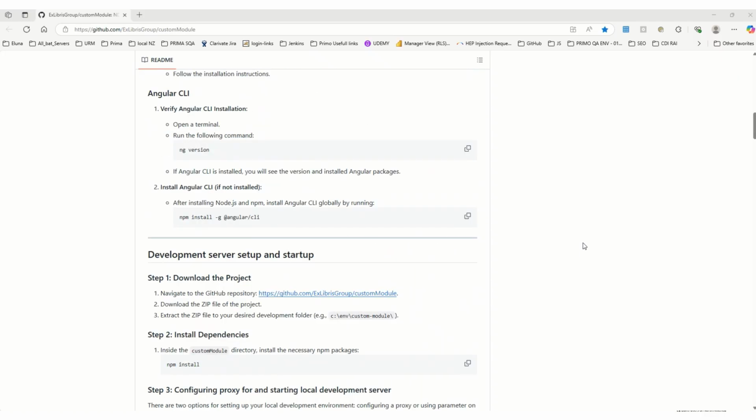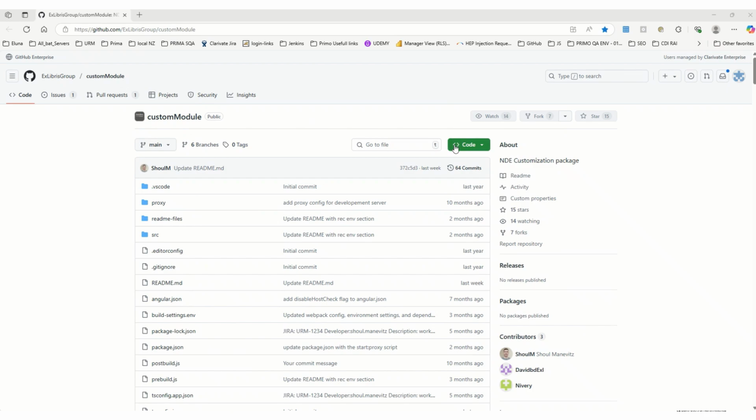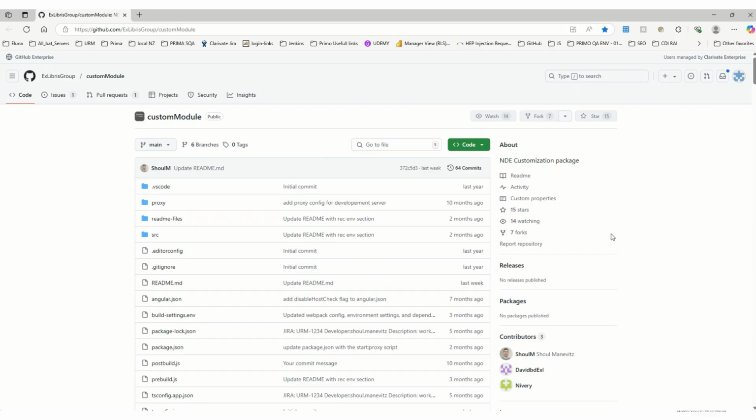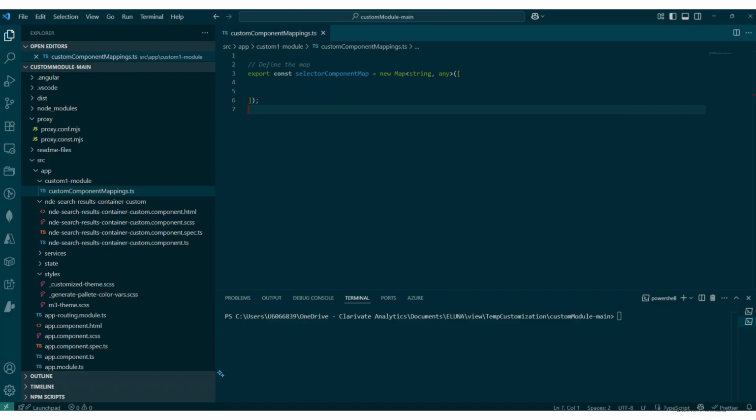Okay, let's download the folder. We are at the main branch. Download zip. This will download the folder to your local machine. Now we can extract the folder and open it with, as mentioned, Visual Studio Code. I already did that to save some time, so let me show you. Okay, this is the